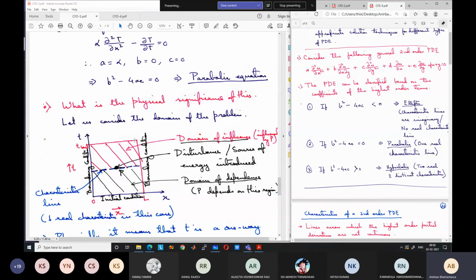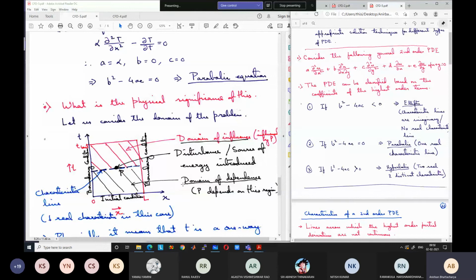And we know that we provide the initial condition for the entire rod, meaning for the entire x value, but only at time t equal to 0. So we will give the initial condition at the bottom of the solution domain. It is also like a boundary condition. There is no time condition at the other end, because you cannot give a condition in the future. Any condition given at the end of the problem cannot influence the past solutions. So there is no condition at the end of the time.